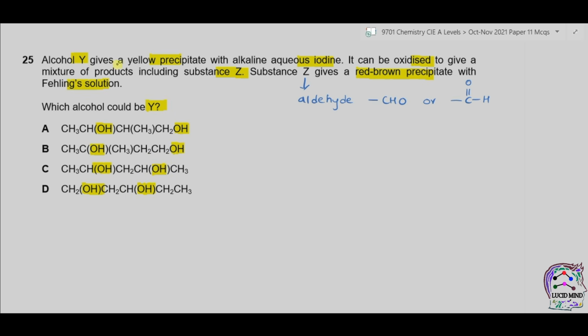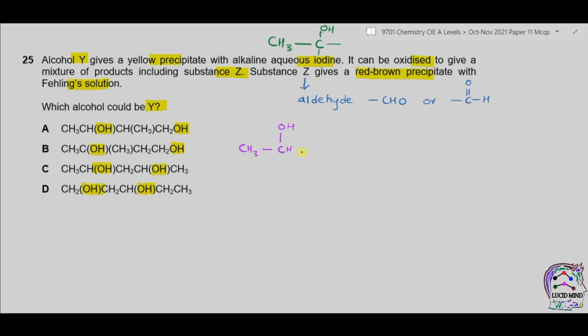Now it says alcohol Y gives a yellow precipitate with alkaline aqueous iodine. Only that alcohol can give the precipitate which has CH3 directly attached to the carbon having the OH group. Let's see which one has this group. First one is CH3, CH, OH,